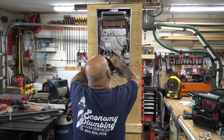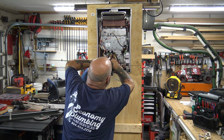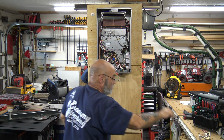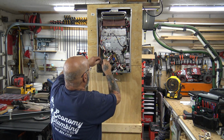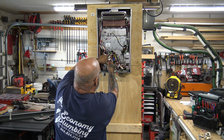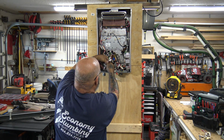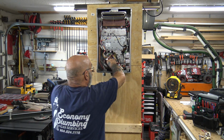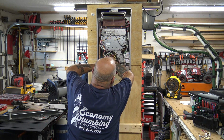And remember, there's only one way to go, only one wire each. Then you're going to get your little wire tie, get it back onto the wires, get them out of the way. Okay, let's just say they're on. All right, now